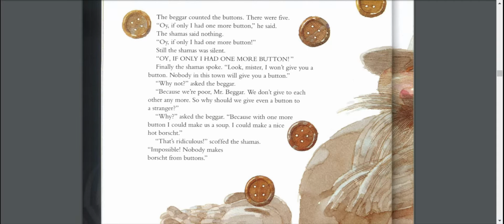"Why not?" asked the beggar. "Because we're poor, Mr. Beggar. We don't give to each other anymore. So why should we give a button to a stranger?" "Why?" asked the beggar. "Because with one more button, I could make us a soup. I could make a nice hot borscht." "That's ridiculous," scoffed the Shamas. "Impossible. Nobody makes borscht from buttons."